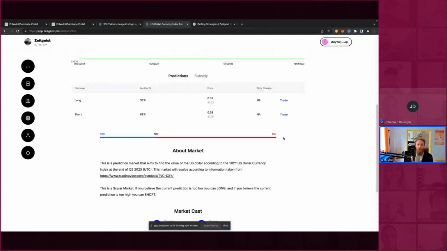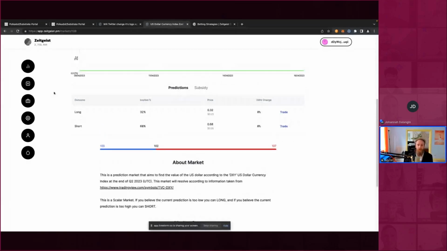You have two assets. And what do these assets mean? Well, they're long and short, and you've probably heard both terms already. Long basically means the prediction should be higher, and short means the prediction should be lower.